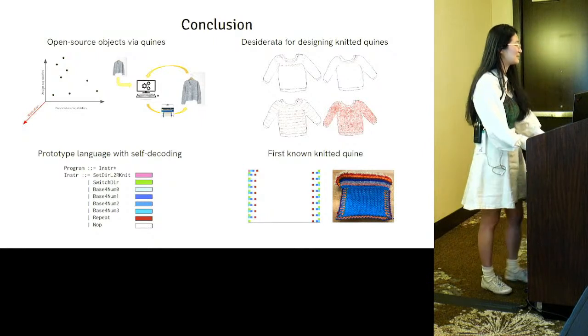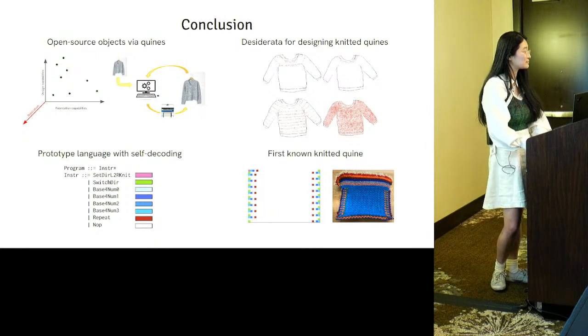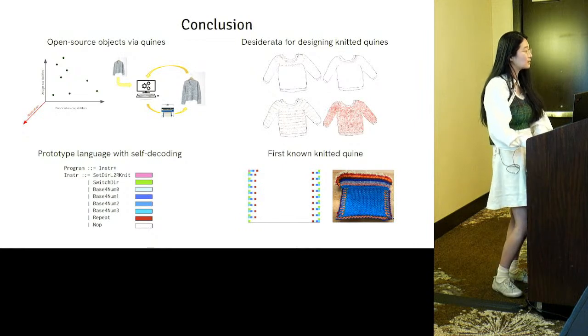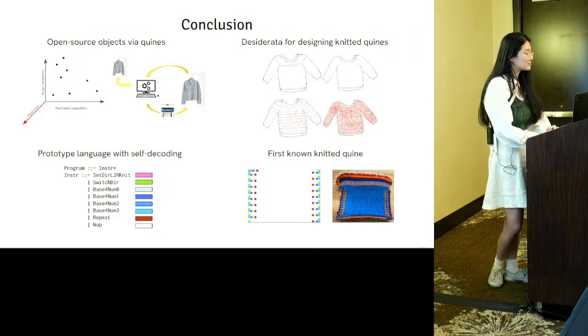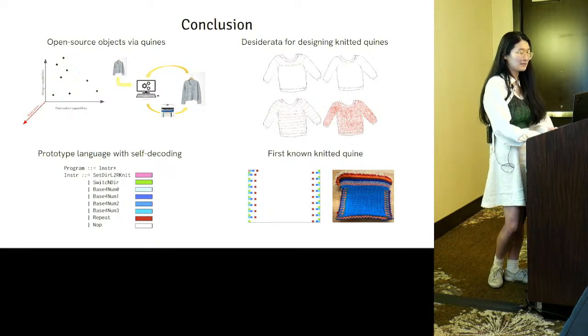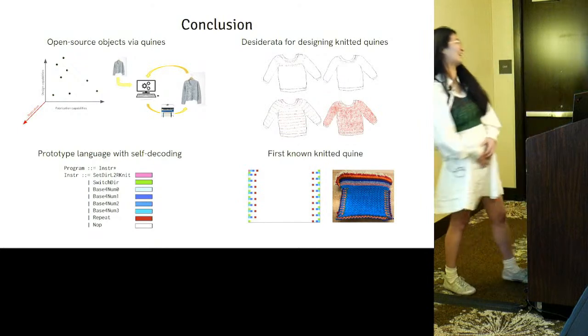Great stuff. I didn't get a good sense of how rigid this encoding is. What if I love the design of the sweater, but I don't love the encoding that gives it color? Is there any wiggle room to do it differently while keeping the essential parts? That's a great question. I think no, not right now.